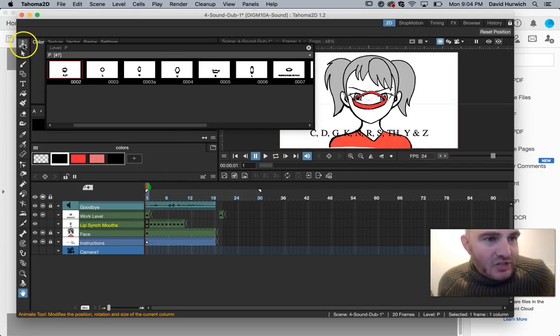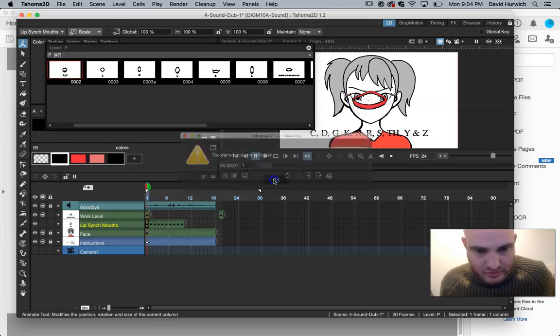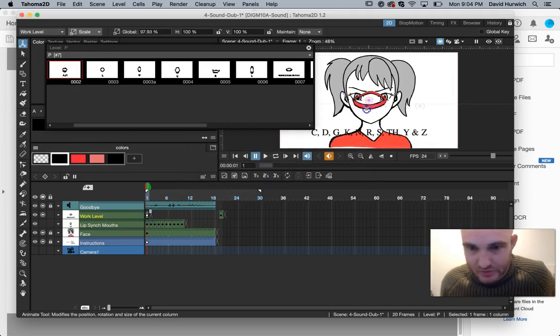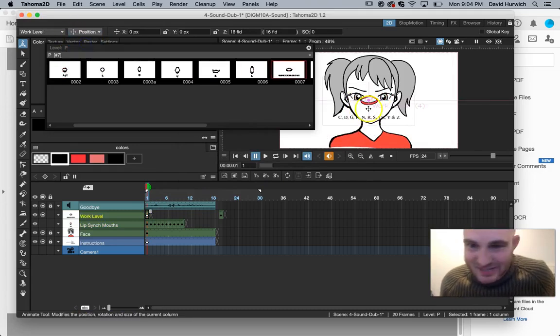And then I'm actually going to use the animate tool. It's a little too big, so I'm going to use this to scale and position the lip just right. Now in theory I wouldn't have the letters underneath it, but that's kind of this. Good